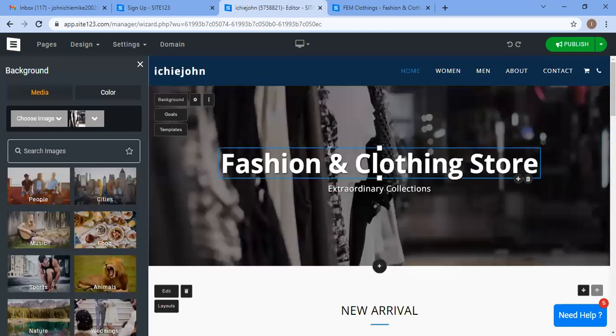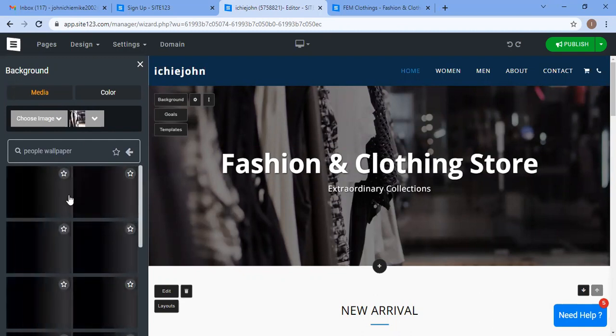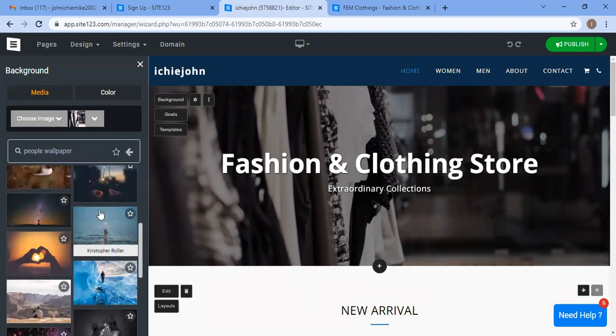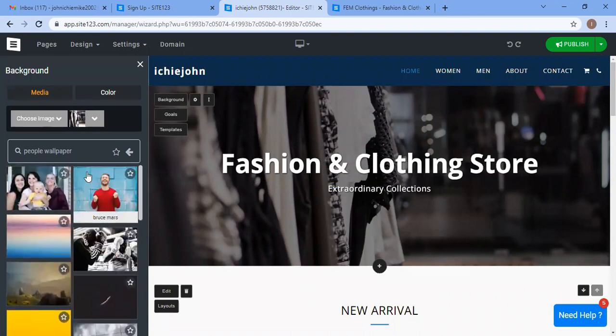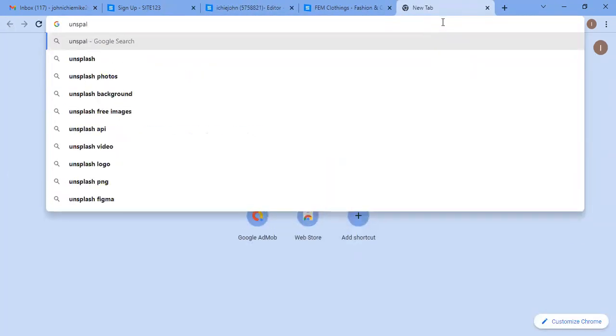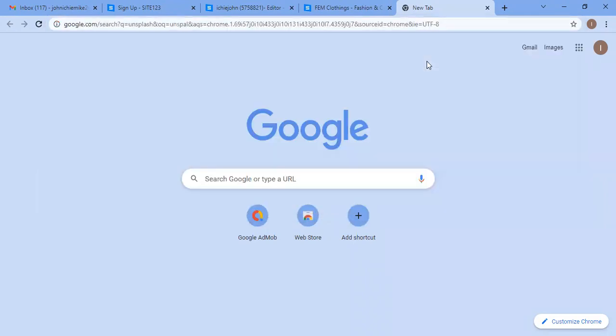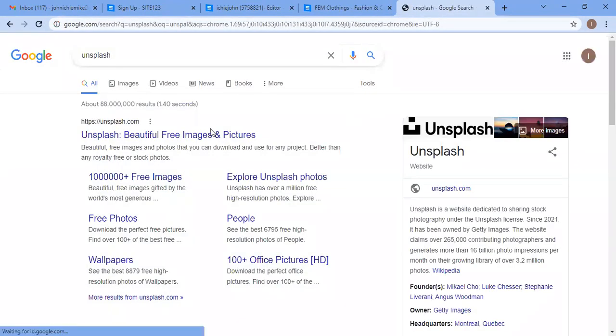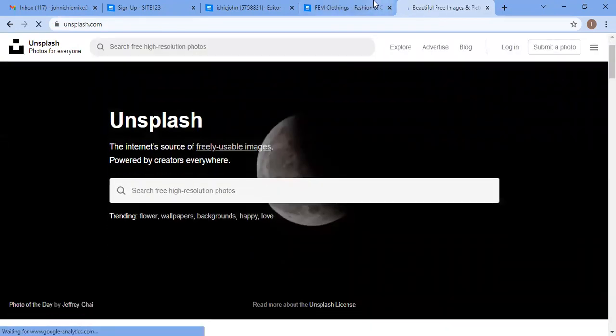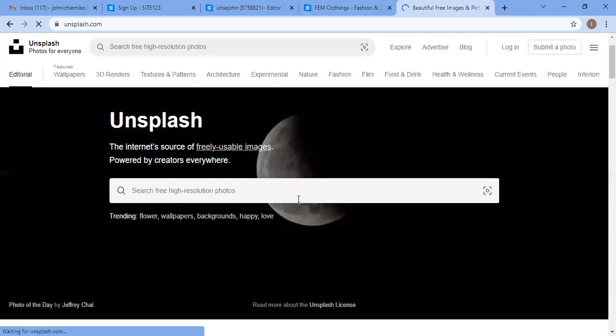So you click on background. So now we can search for the images we'd like to use. Let's put people. Now because I think they have this kind of stuff. So what I always advise people to do is just head over to Unsplash, where you can get free background images, whatever you want to use. Now because I'm running a fashion store, I can just search for